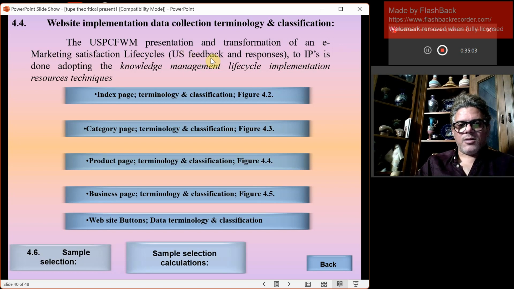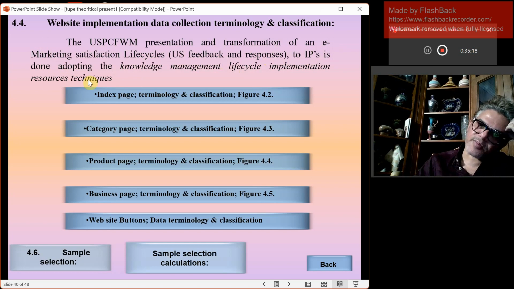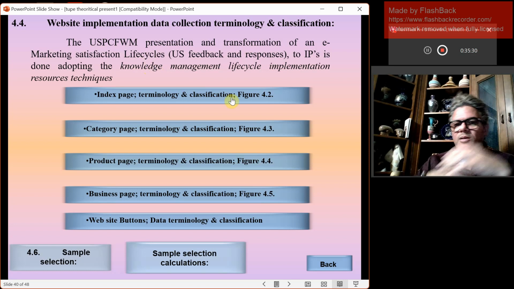Specifically here, the user satisfaction and feedback and response to indicators of performance is done adopting the knowledge management lifecycle implementation resource technique. So any resources in the life cycle that need management through data, information, knowledge, intelligence will be implemented on these terminology, meaning